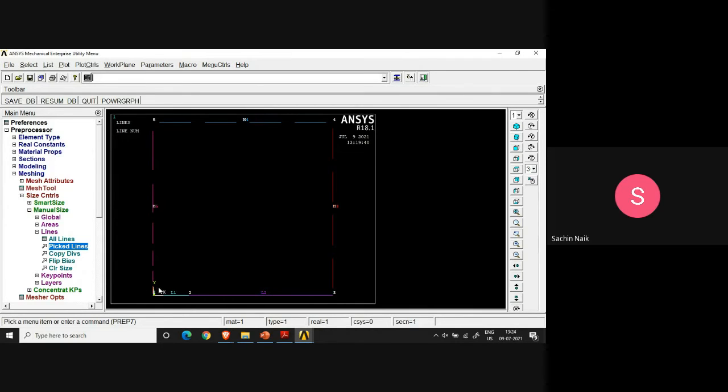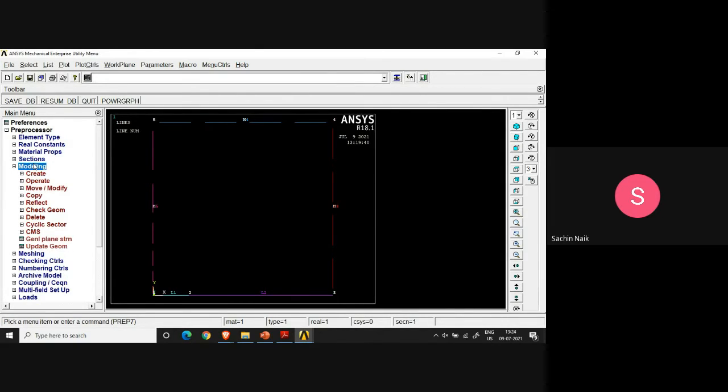Okay, once that is done, I'll have to tell the software how to create the crack tip. It must understand that there is a crack tip inside the problem, and in order to do that, I have to go to what is called creating a concentration point. So I go to preprocessor modeling again.